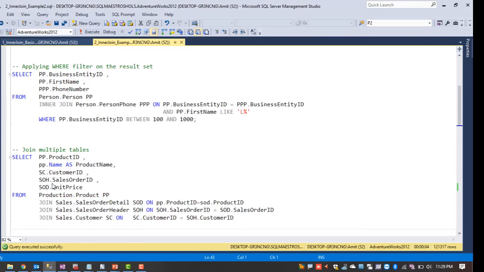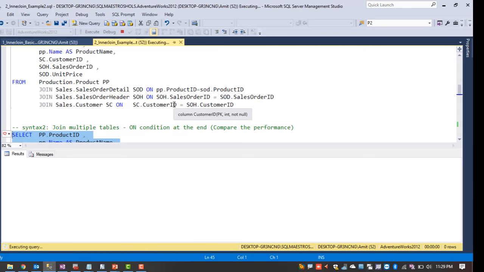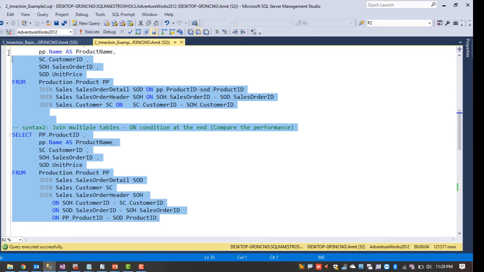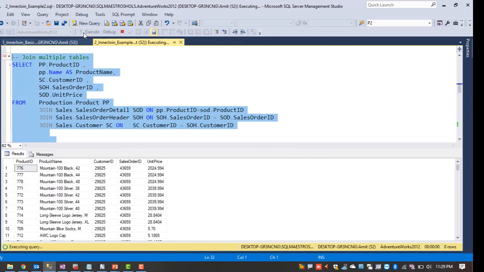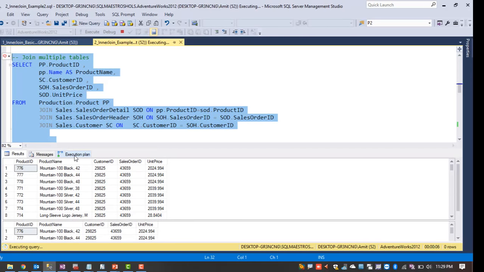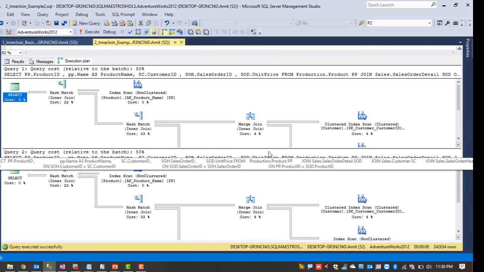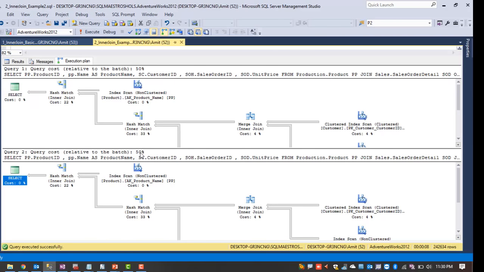We can also specify the on condition at the end in this manner. This is another syntax while performing inner join. So let me execute this also. This will also produce the same output. Let me execute these two statements together to see whether it causes any performance difference or not. I have executed these two queries together and I'm waiting. Our execution is about to complete, so it's completed now. If you compare these two execution plans, both are identical to each other and there is no performance impact, 50% versus 50%.